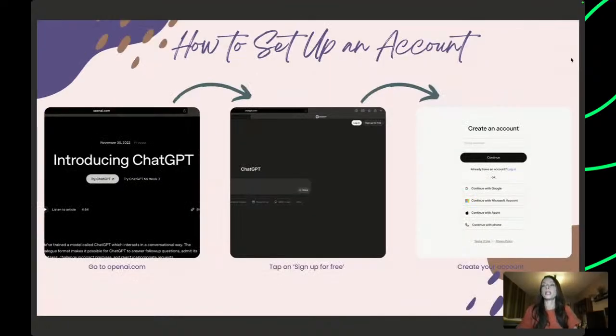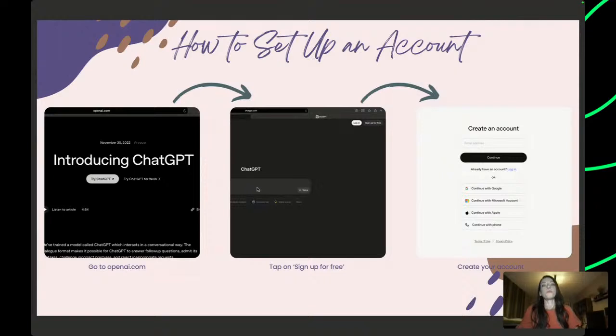So let's get quickly on how to set up an account if you don't have one already. It is pretty simple. You just go to openai.com or chatgpt.com, and then you will see the screen. You can tap on the white button that says try ChatGPT, and then I think you will be able to start typing in it directly. But I suggest to create an account, because then you will have the option to customize it. I will tell you how you can do this later.